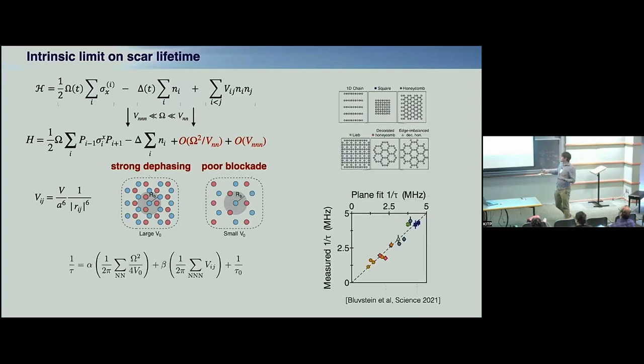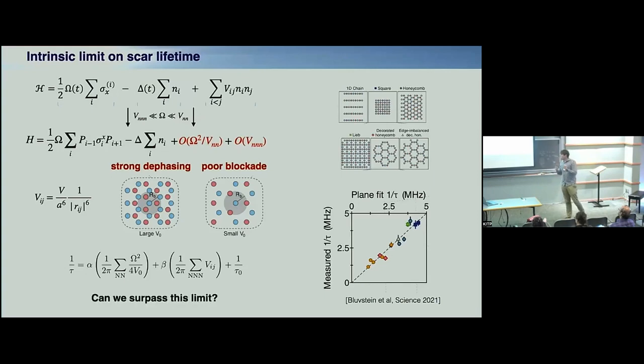And the lifetime on a variety of lattices experimentally follows a very easy phenomenological formula, which basically tells you that either this term is killing you, longer range interactions kill you, or poor blockade kills you. And again, you see that V is in the numerator and denominator here. So there is an optimal sweet spot of V, where these two processes are kind of comparable, right? And namely, you cannot do better. You can just go to the sweet spot where these two processes are destroying you in an equal manner, and that's it.